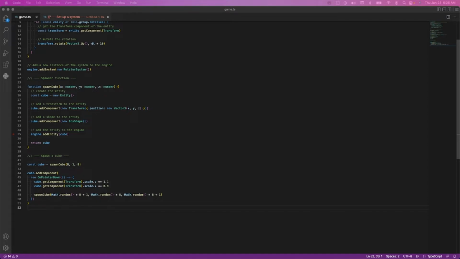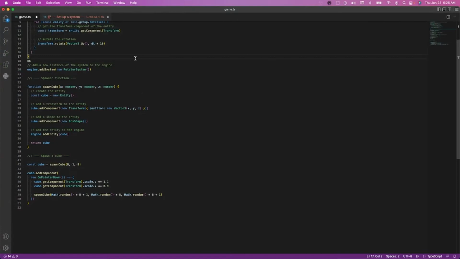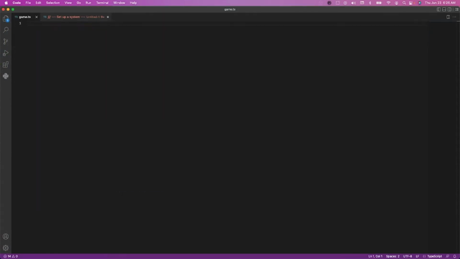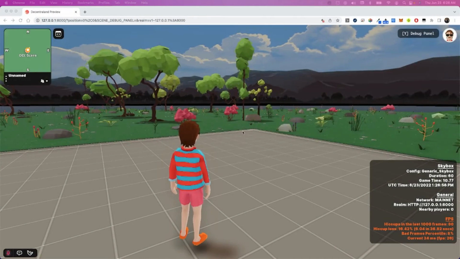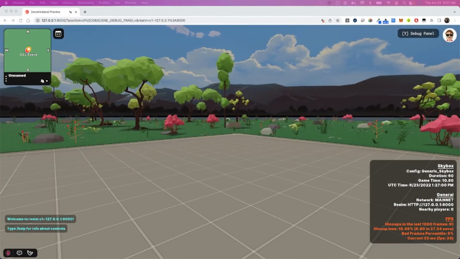So as you can see, we have our example scene, and I'll switch back to our thing here. So here's our example scene. We need to go back and we need to delete all of this, okay? And our box is gone. And so now let's get into the coding of the scene so we can